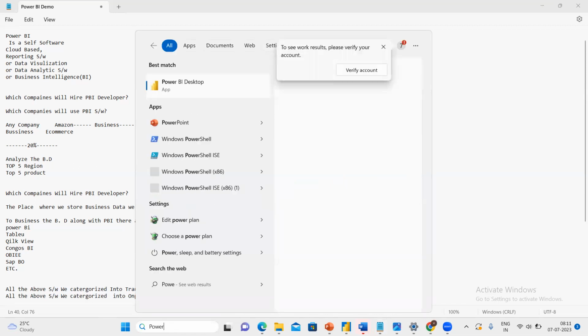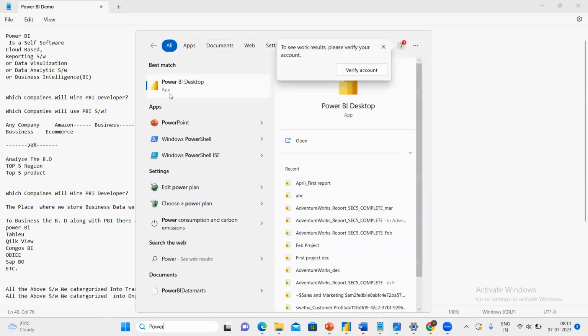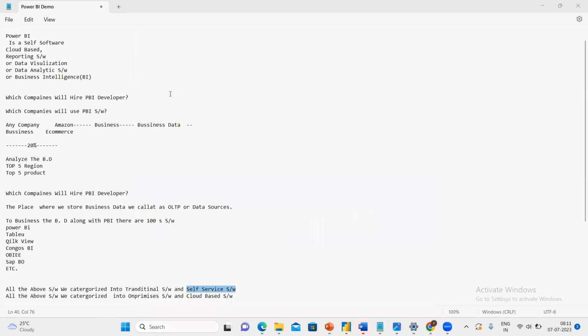I'm opening the Power BI software. Power BI Desktop is the software we'll be installing; I will describe that further for you also. But let me open the Power BI Desktop. As I said, Power BI can connect to multiple data sources and bring the business data to the Power BI engine, and Power BI is self-service. I will show that practically now. Power BI is opening now. It takes some time.